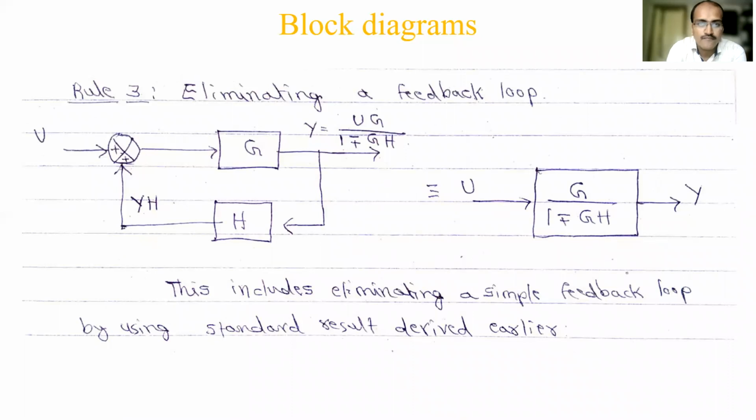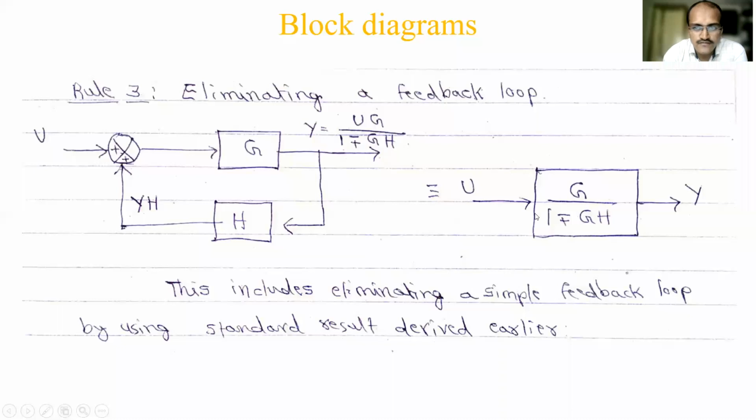When we say minor feedback loop, when you have one forward transfer function, one feedback loop, one summing point, and one takeoff point, this is called a minor feedback loop. Whenever this exists, we need to replace it by a new transfer function, which is what we have derived: the transfer function of a closed loop system. Using that formula, you write the new transfer function. So this is about the three rules we started off with.